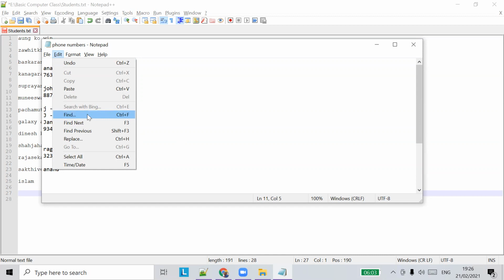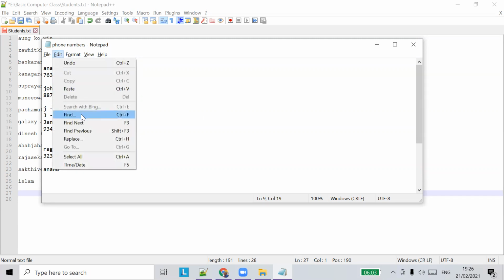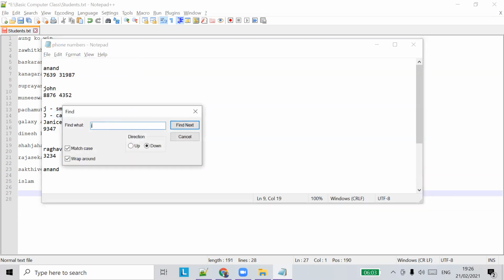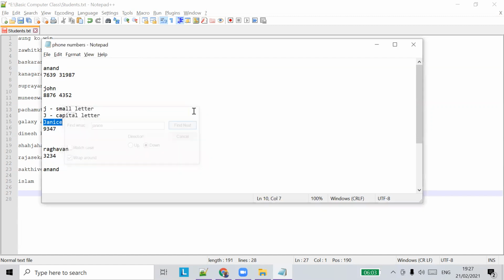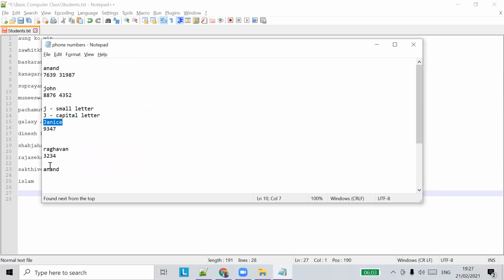The search word will be the same search word that was previously typed. Let's say I have searched for Janice. I searched for find next Janice. I closed it and I'll say find next, right? It automatically searches for Janice again.